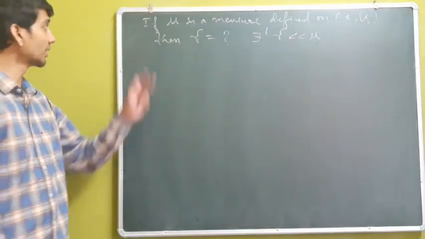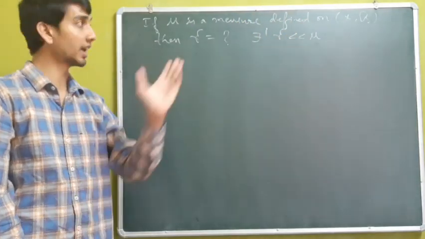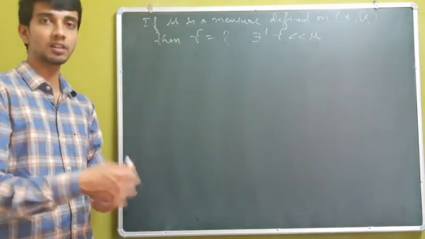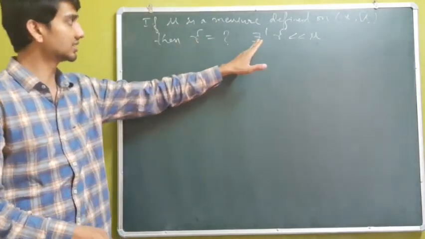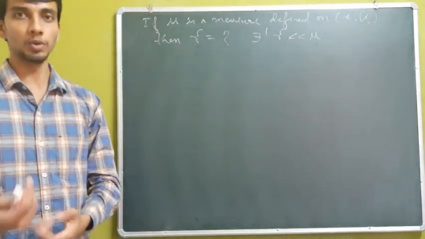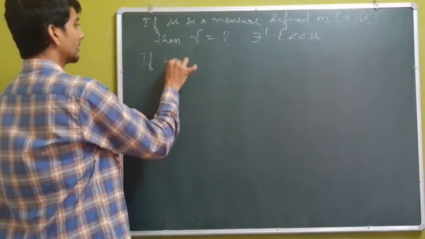So the question is, in general, what can we choose as another measure gamma such that gamma is absolutely continuous with respect to mu? So the answer is,